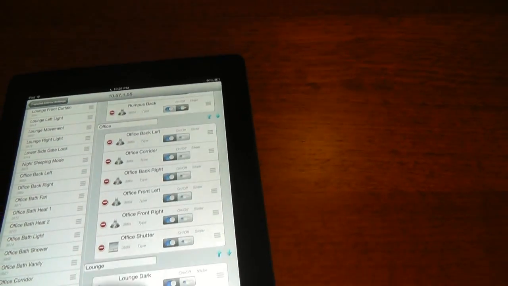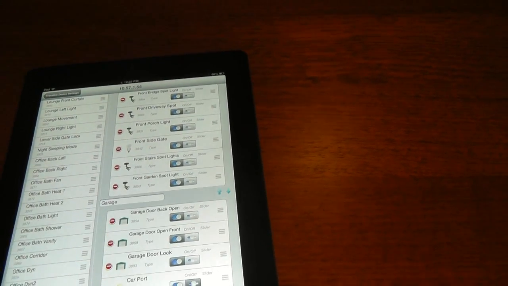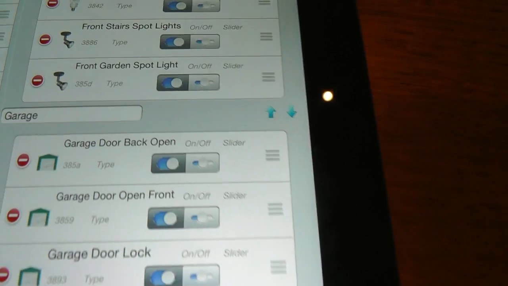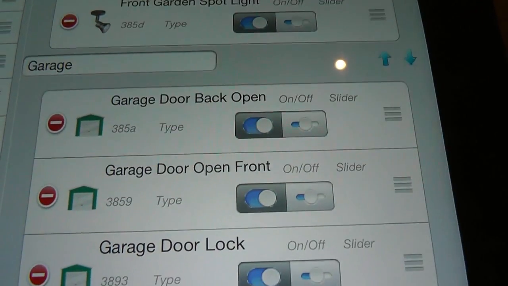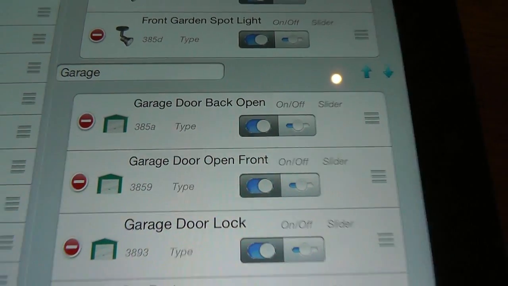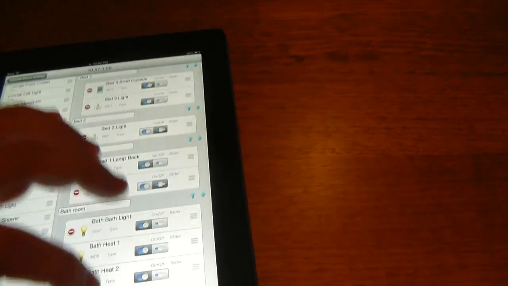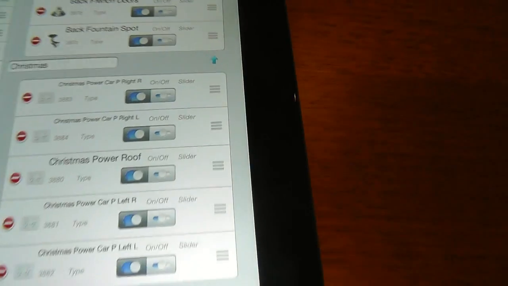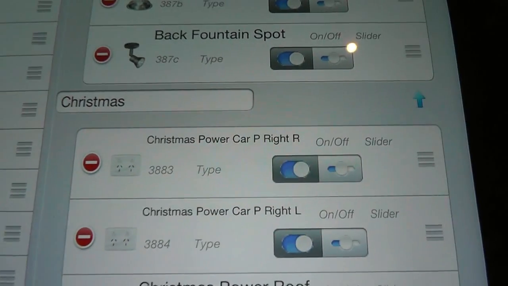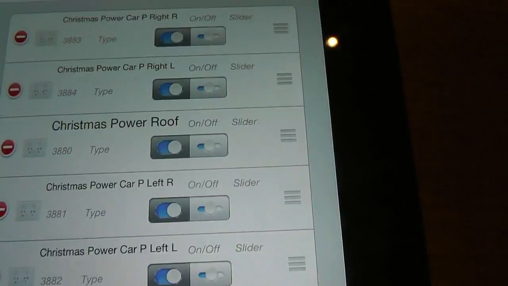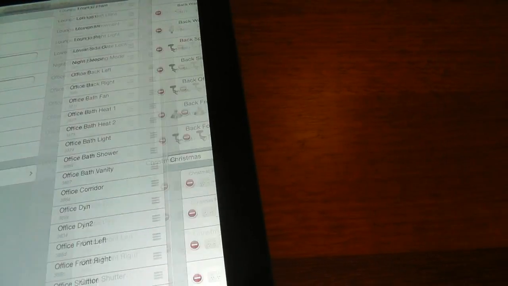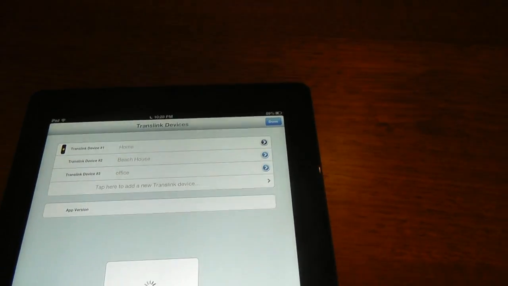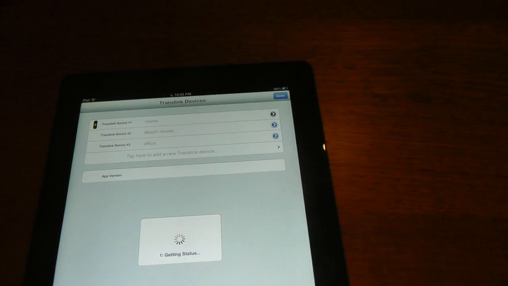You've got the office, the lounge, the front doors, the garden, the garage. In this case, you can lock the garage with a CBus command, unlock the garage, open the back door, open the front door, turn the carport lights on, fountains, look at the tank levels, turn sprinklers on and off. They've even got the Christmas lights. You can turn the Christmas lights on and off within your iPad application. So if we go back and then show what that looks like in the actual application running,